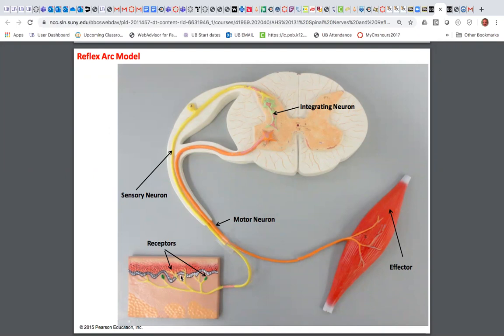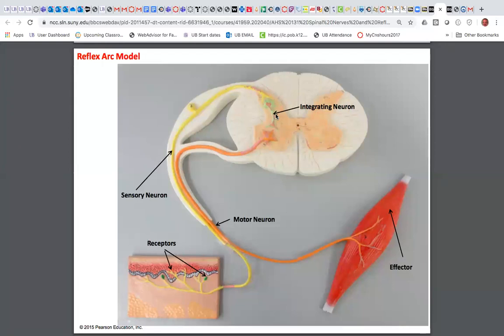So the receptors are on the skin. Then the receptors are going to relay that information into that yellow nerve, which is a sensory neuron. And that information is going to come in through your sensory neuron. It's going to go into the dorsal root ganglia, right? That's a dorsal root ganglia. Into the dorsal horn, it's going to take that sensory input, relay it to the association neuron, aka integrating neuron